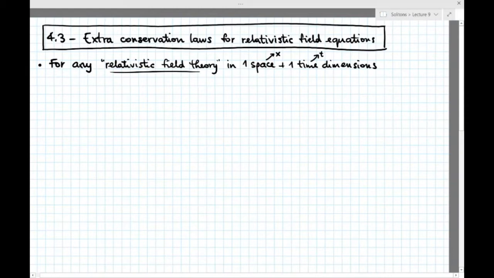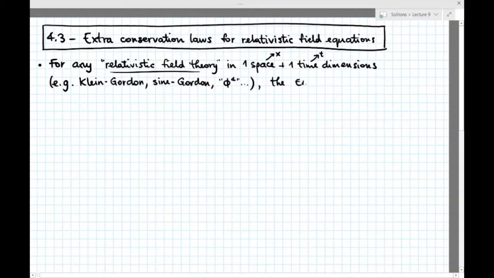Examples of such relativistic field theories are the Klein-Gordon equation, the sine-Gordon equation, the phi to the fourth theory that we encountered in the assignment, etc. So for any such relativistic field theory in one space and one time dimension, the energy,